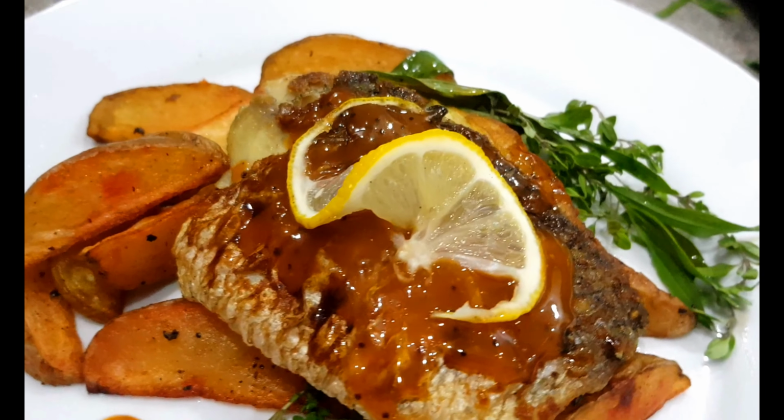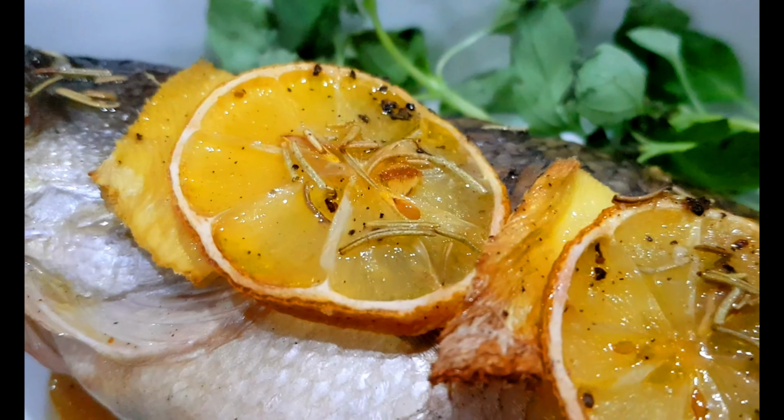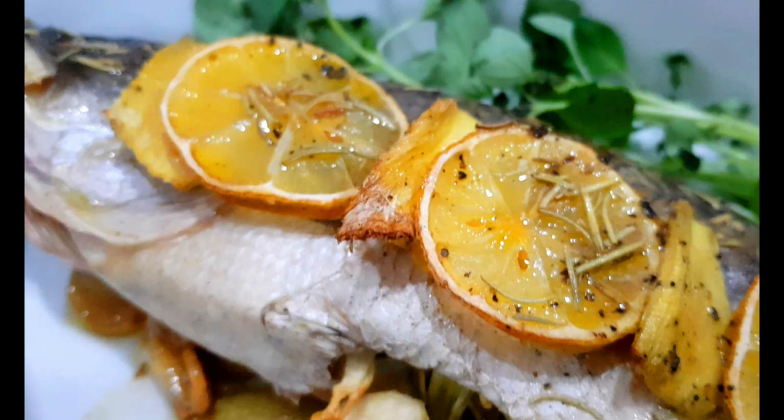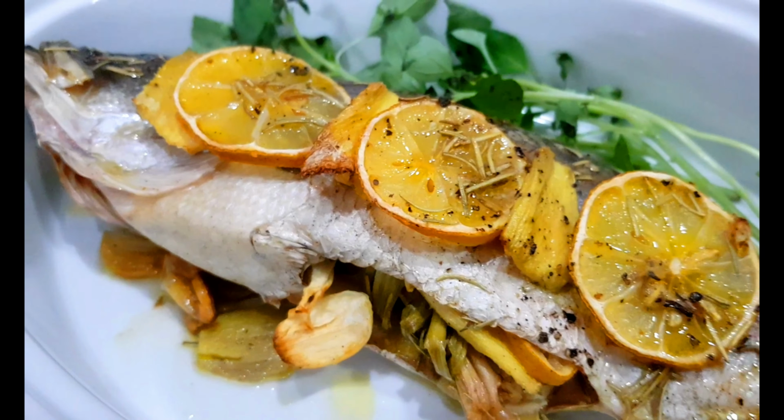I'm sharing you two recipes for your Seabass, or also known as Apahap. And now let's start with baked Seabass. Before anything else,